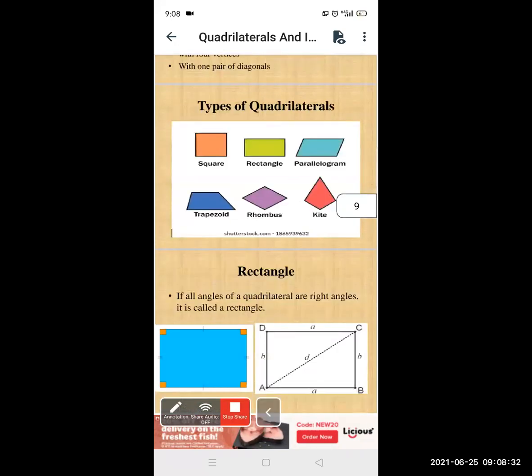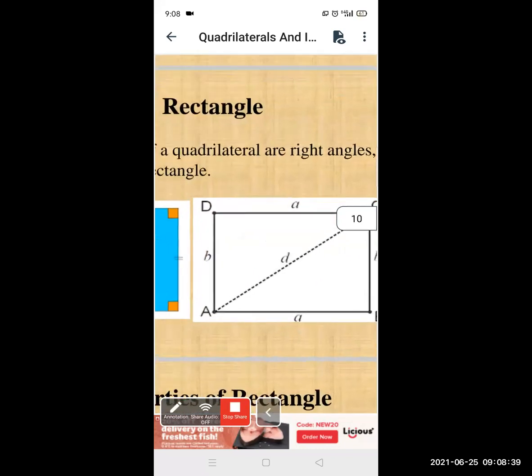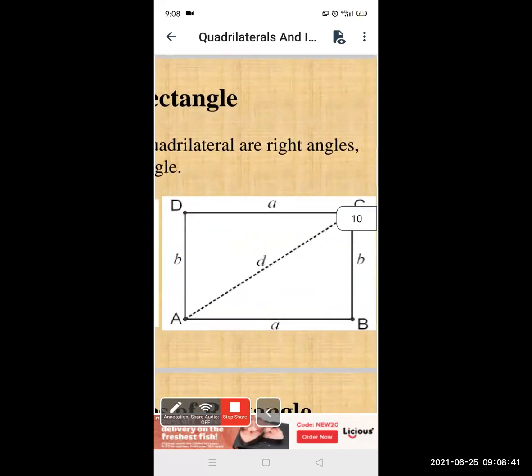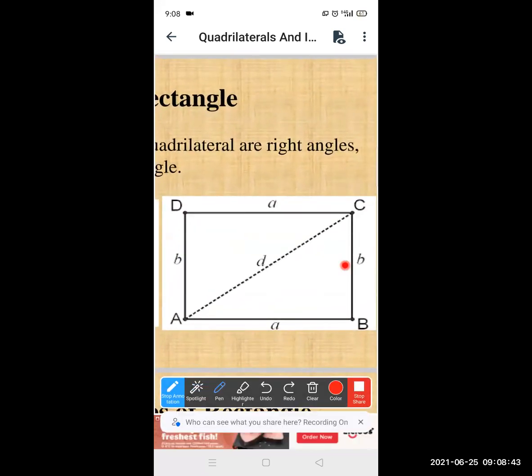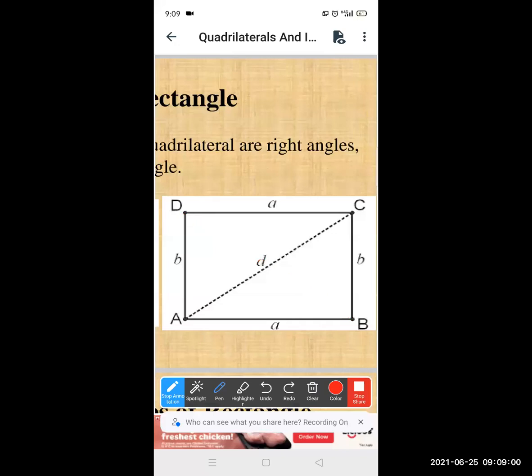So here it is again, we are here in the quadrilateral. Here only one diagonal is there. We can draw the second diagonal also. We can take a pen and draw a diagonal like this. Okay? So from B and D we can draw a diagonal, and from A and C we can draw a diagonal, and we can name it also. Okay.